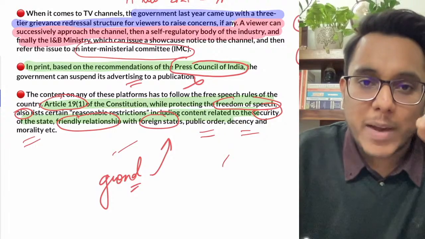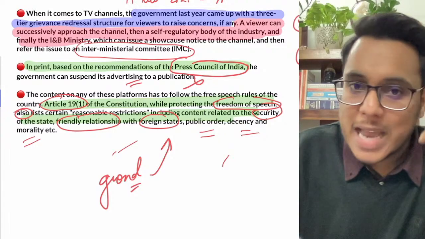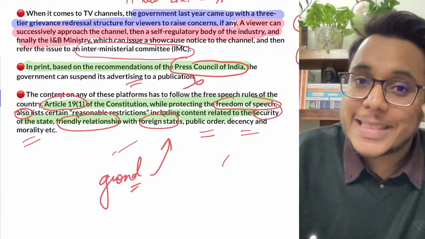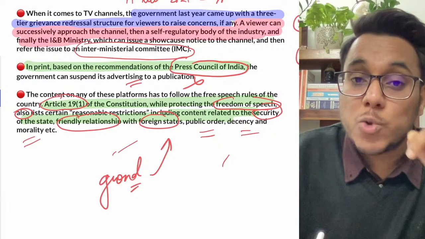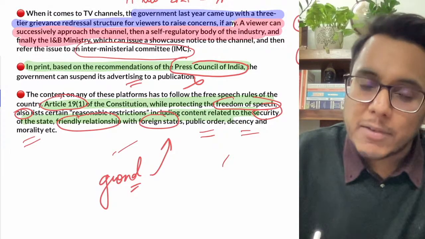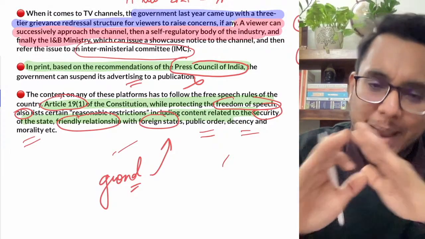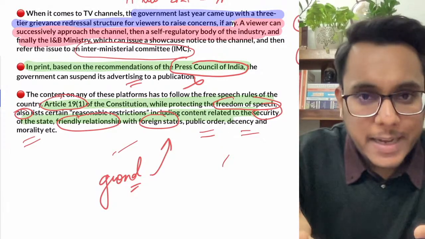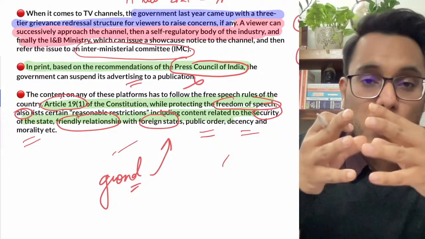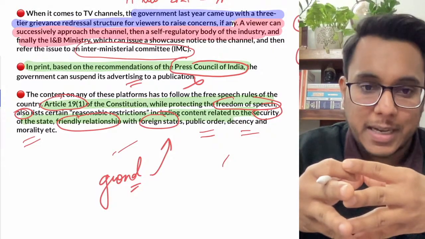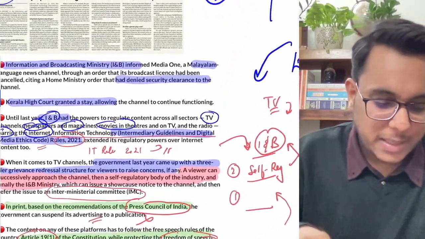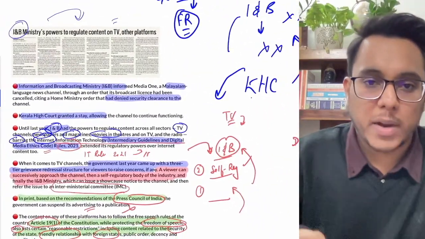Is it clear? Now, guys, I used a quote a few days back: ethics is not about what you have the right to do, ethics is about what is right to be done. Government has a right, they can curb any information. They have a right, but at the same time, is it right? That is something they need to learn. So here comes the role of ethics, which is something we need very dearly in the present times. So guys, this is all about this aspect.